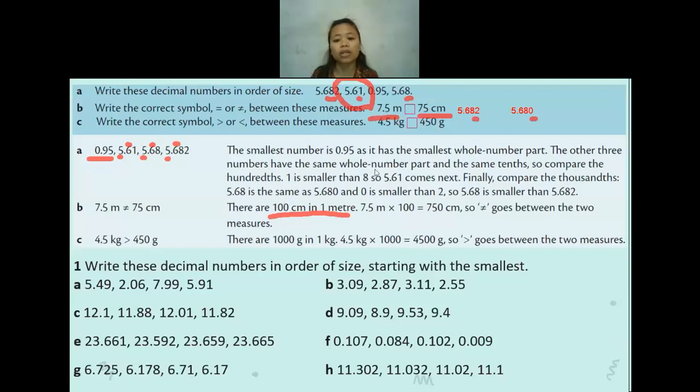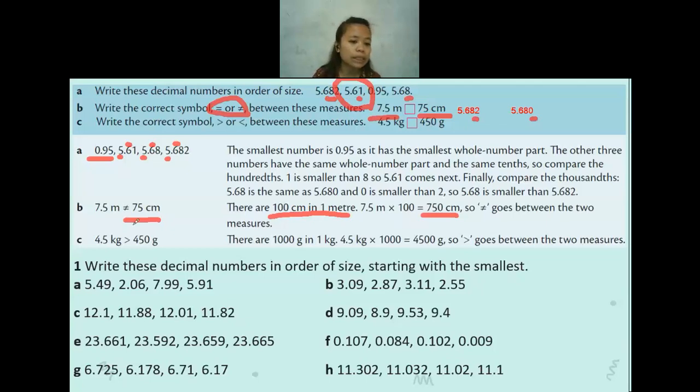So because the units are not the same, we have to make the units the same first. So in here I will change the meter into centimeter, because 1 meter is equal to 100 centimeter. It will be easier if I change meter into centimeter rather than centimeter into meter. It's also okay, but it's just easier to see the whole number, so I'll change it into centimeter. It will be 750 centimeter, while the other is 75 centimeter. Now we have to put an equal or not equal sign, because we know 750 will not be equal to 75. We write it as is not equal to.